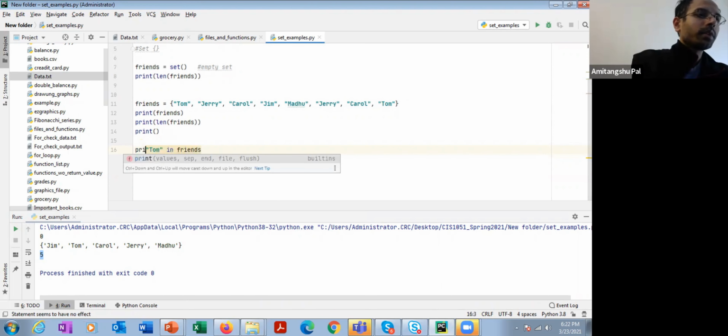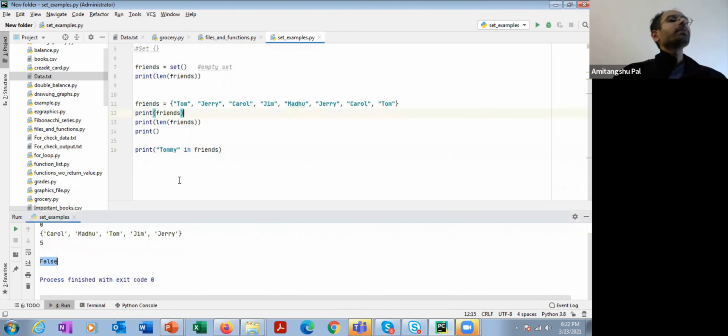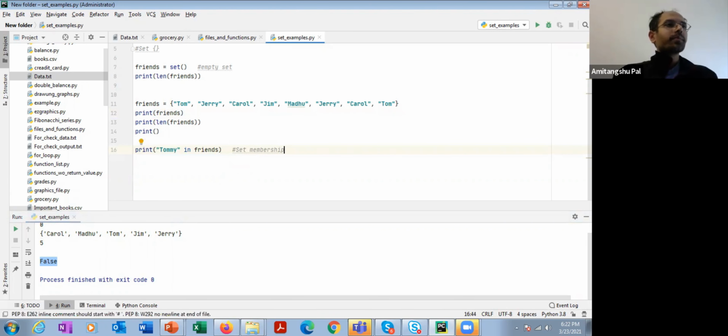Okay, so you can print Tom in friends, which is going to return true in this case because Tom is a member of the set. If you just type Tommy, for example, it is going to return false because Tommy is not a member of this set. Okay. So in this way, you can check set membership.